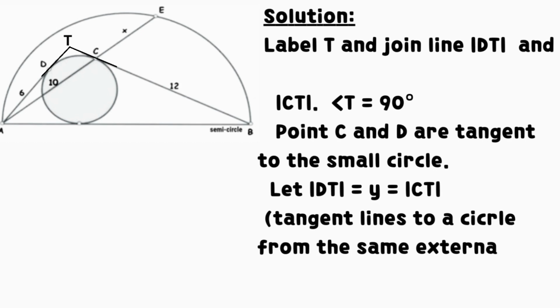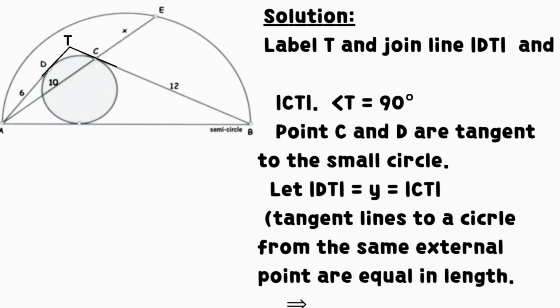Angle T equals 90 degrees. Points C and D are tangent to the small circle. Let DT equal y, which equals CT. Tangent lines to a circle from the same external point are equal in length. It means that